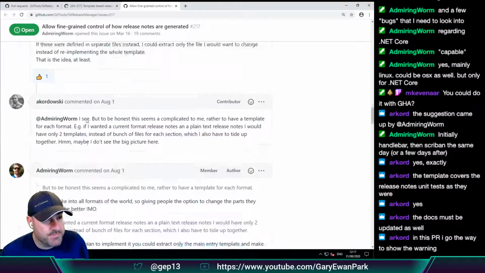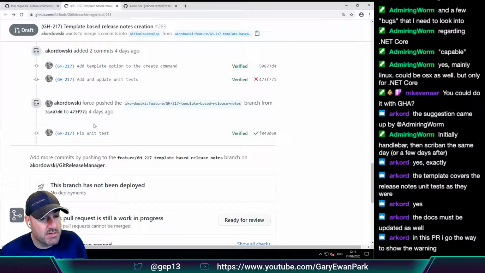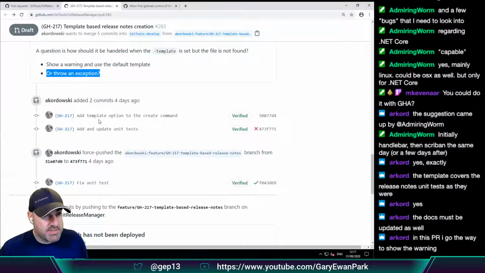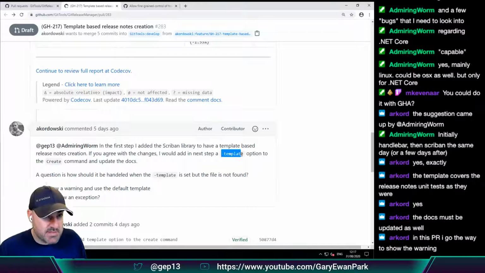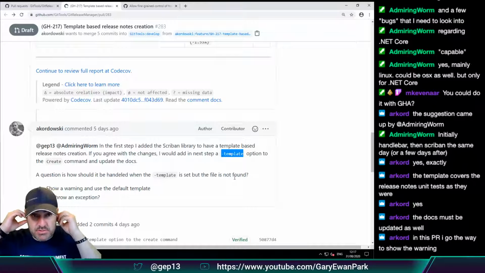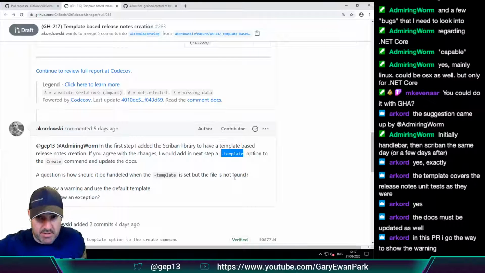So at the minute, based on the changes that I'm seeing here, my understanding would be that what's passed in this template option would be the path to an entire template that covers everything. It includes the issues, the footer, basically everything that's rendered.